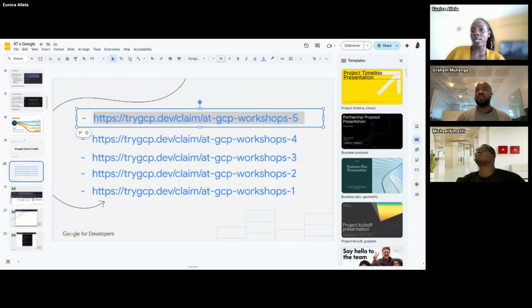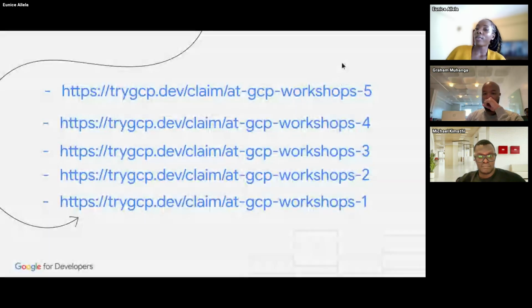So why are cloud credits important? In case you're doing anything on cloud, I'm hoping you're aware, you normally need credits to do so. Now, instead of us having you pay for that, we are offering you cloud credits to make your learning process easier. So step one, I believe the link is in the chat. So just click on it. If you find that link is filled up, switch the number to 4, 3, 2, or 1. Any of them should work.